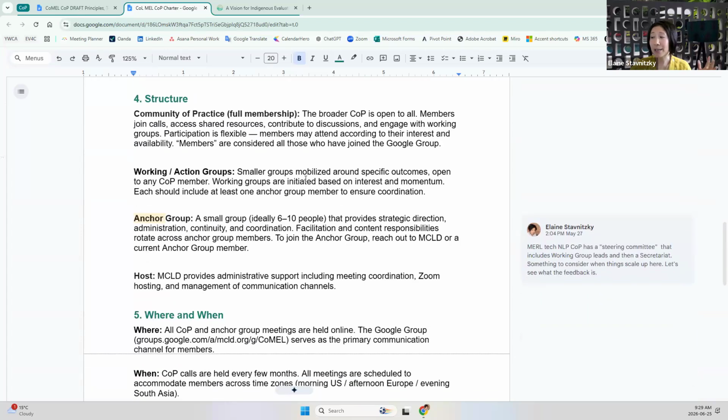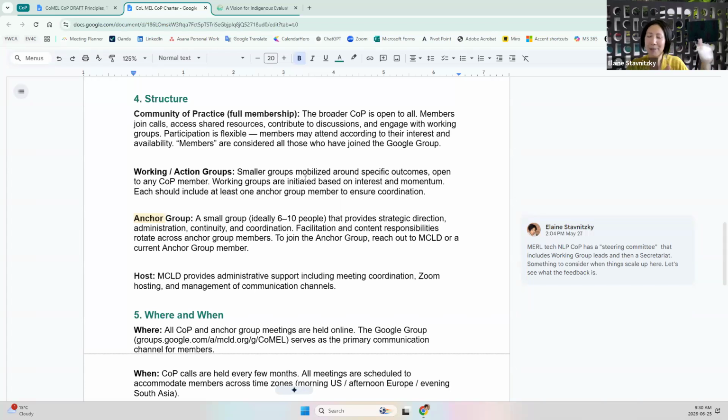So we have the community of practice. That's anyone who's interested. Mostly you join by joining the Google group. And then we also plan to start up over time working action groups. And so we have a few that we have positioned, and you'll find that at the top of the Google group. We have one around the sharing and learning under the Movement of Community-Led Development. They have